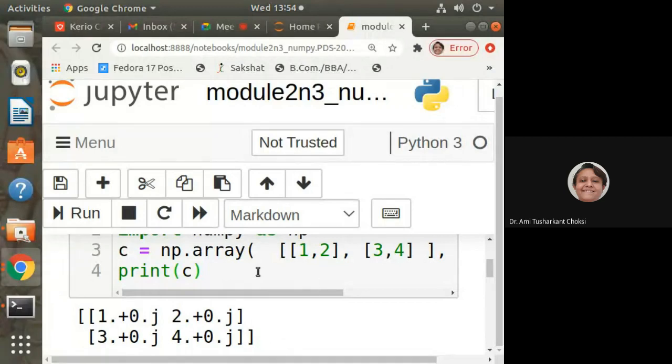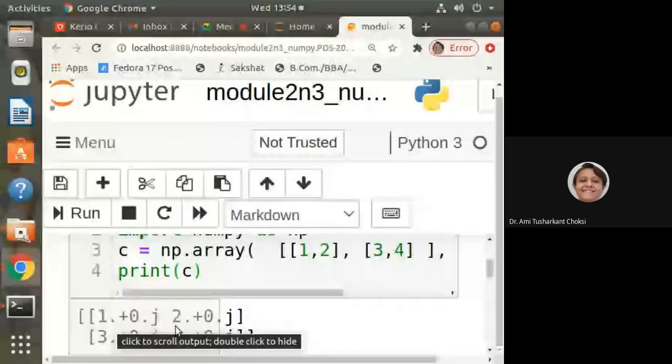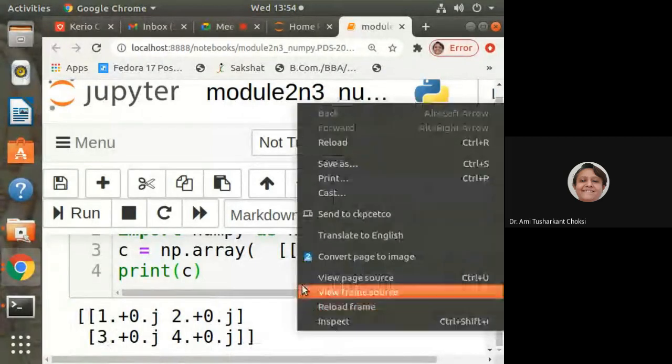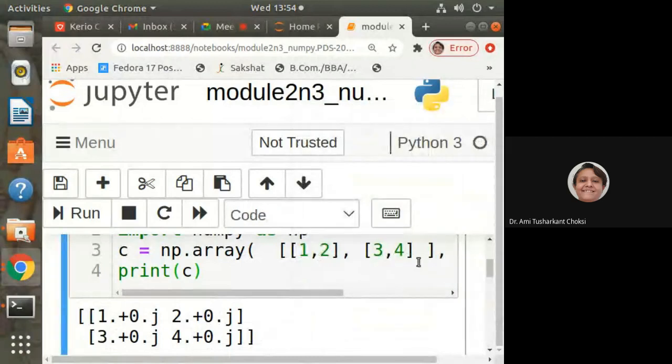So what is the case here? np.array([1, 2, 3, 4]). What it does is give 1+0j, 2+0j, 3+0j, and 4+0j, right? The way we have created the NumPy array, we have provided only 1, 2, 3, 4. We haven't provided it as, say, 1+2j. The j part, the imaginary part, we haven't specified, so it will consider it as 0j, right? So that is what is here.